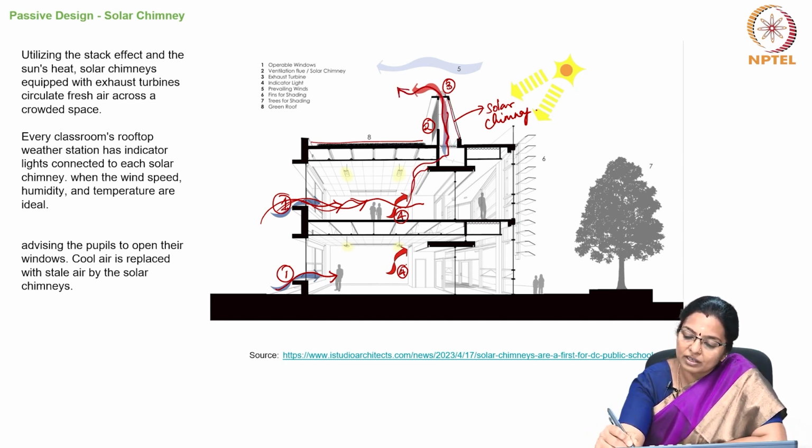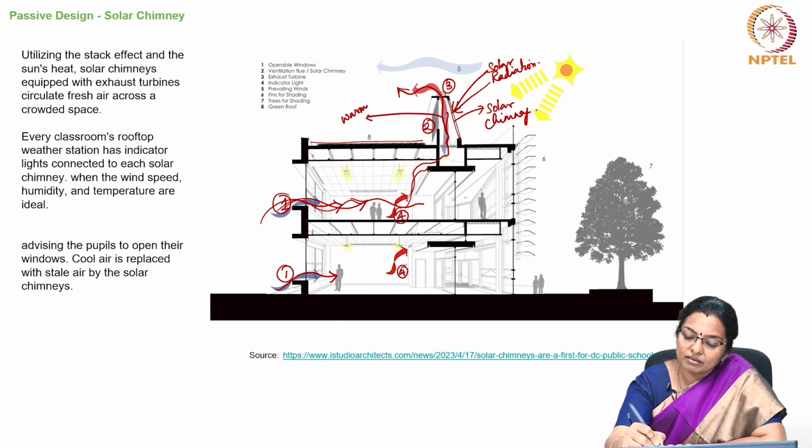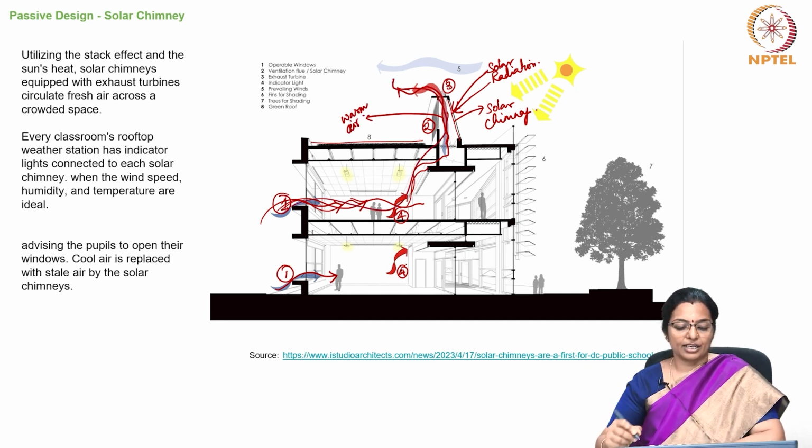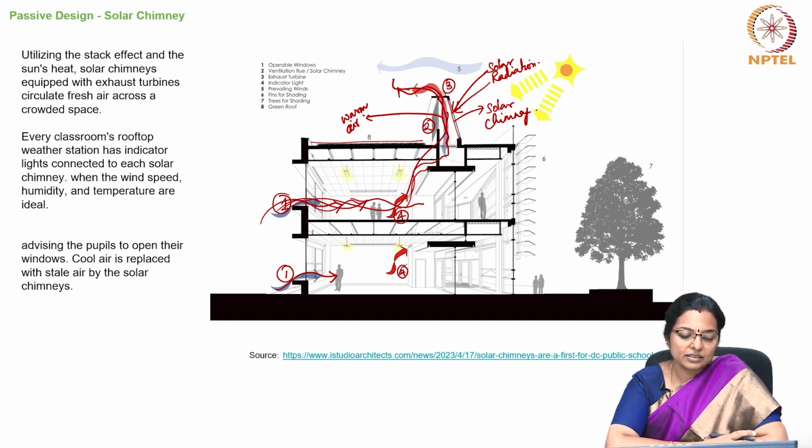Because of the glass here, when solar radiation strikes this surface, this is the solar radiation, causing this air to become warm. So, it is the warm air here, and this circle continues. So, every classroom's rooftop weather station has indicator lights connected to each solar chimney when the